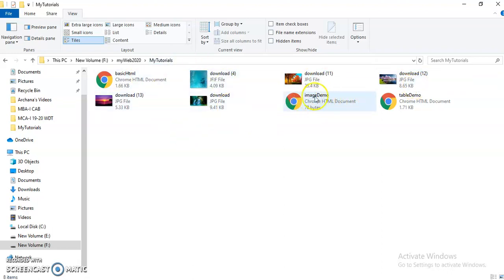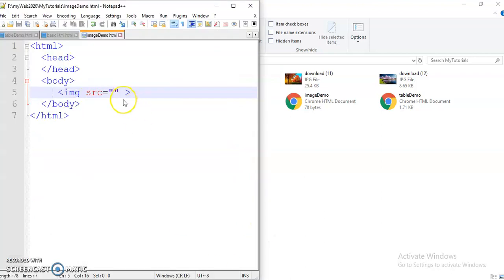My file is image demo in my tutorials, and in the same folder I'm uploading some images. So I need to give the name of an image from these. Download 4, for example, I'm giving here download 4 dot jpg,